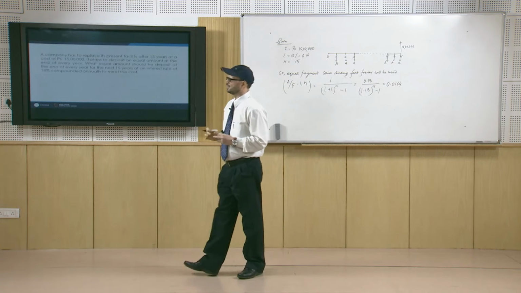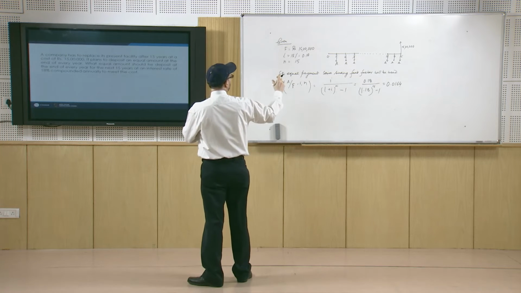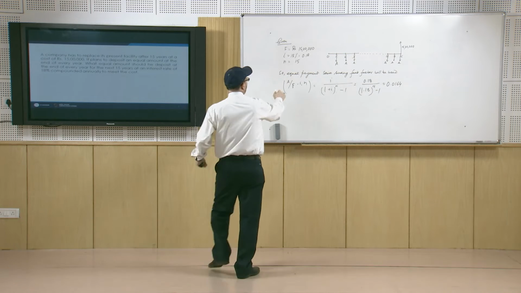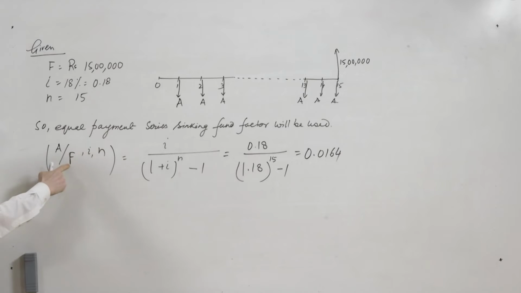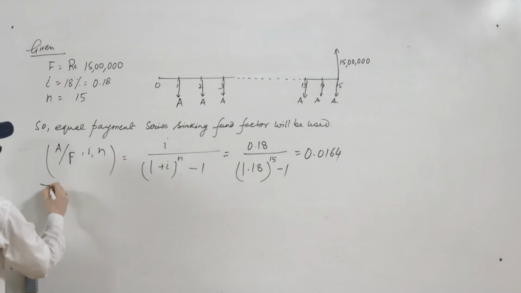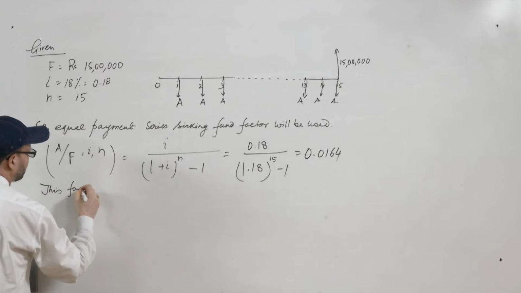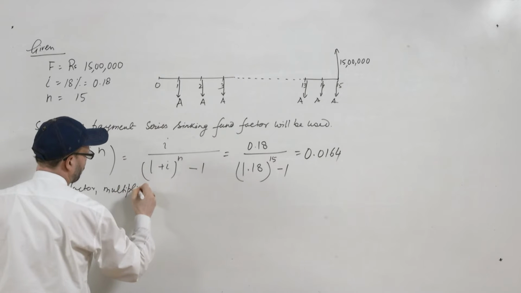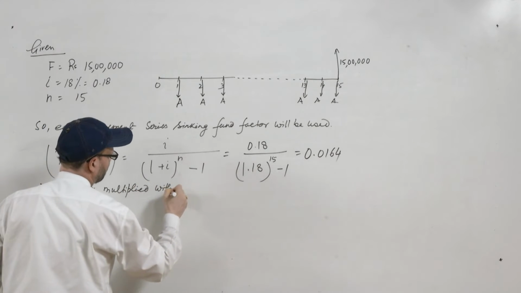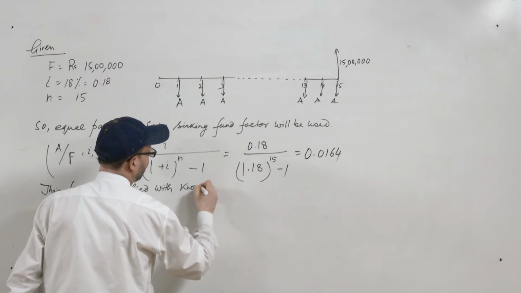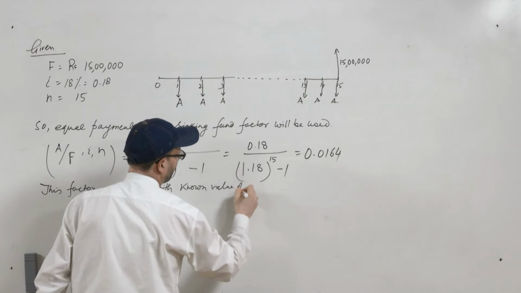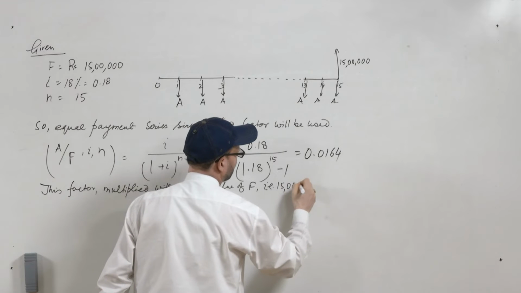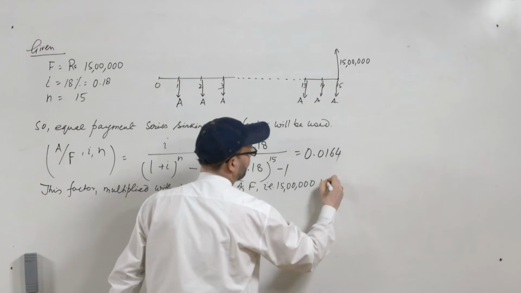So, this factor when multiplied with the known value of F, that is 15 lakhs, will give